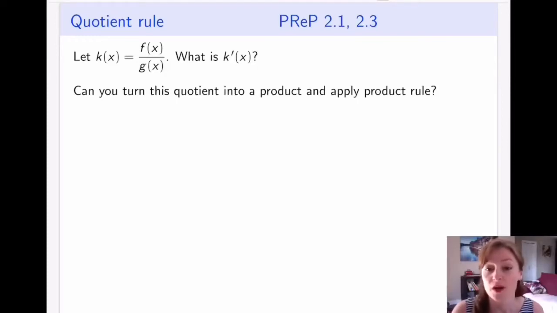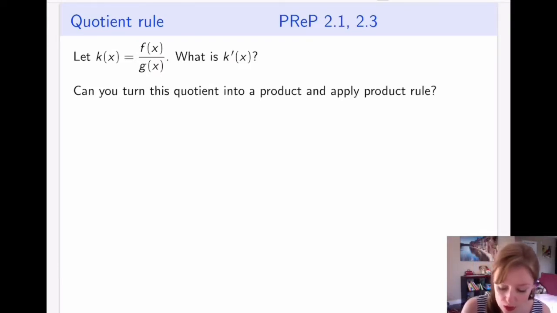We will now talk about quotients and how to take derivatives of quotients. We already talked about how to take derivatives of sums, differences, and products. This is the next operation that we have yet to discover a rule for. So the quotient rule, as with many things that are quotients, you can actually think of a quotient as a